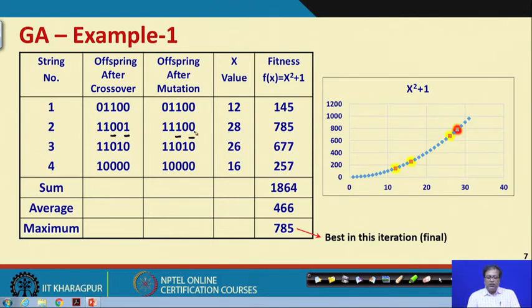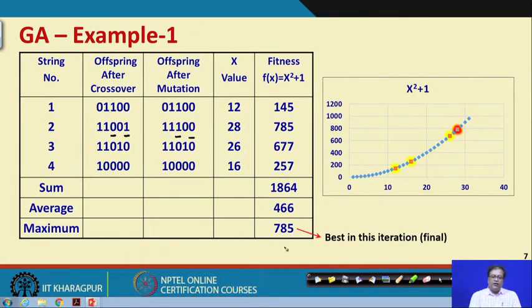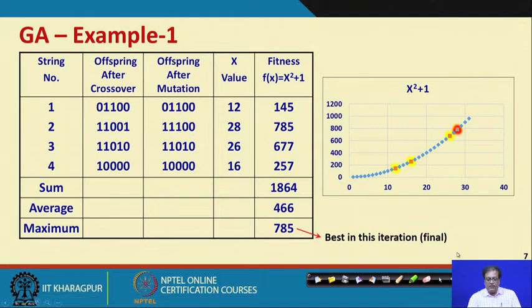After mutation, very interestingly, the value has gone up. It has become 785. It is not that after mutation the value will always go up. In this particular case it has gone up, because mutation is mainly done to improve population diversity. That is the main purpose. So, we have done that, and that is how you can see by the recombination operators of selection, crossover and mutation, the system moves from generation to generation. This is the essential idea of the GA process.